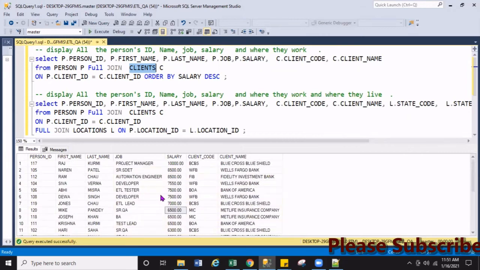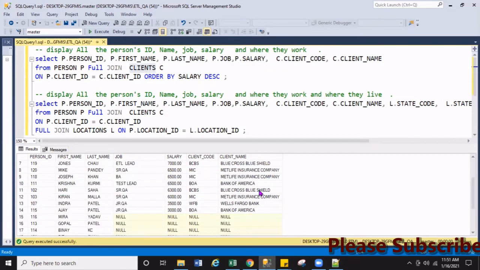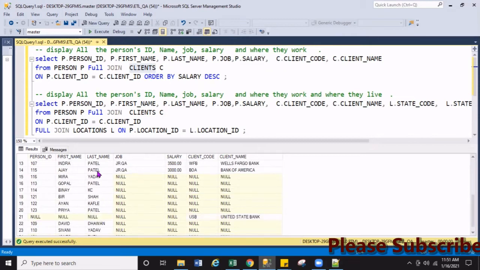So if you see here, wherever client and person match, it will give me everything. There will be no null at all. How do you know which is a match, which is not a match? Yes, there is a way to understand. Wherever person and client both match, you will see all fields, there is no null. Everything, all fields, no null. But if you see here, that means here null, right?